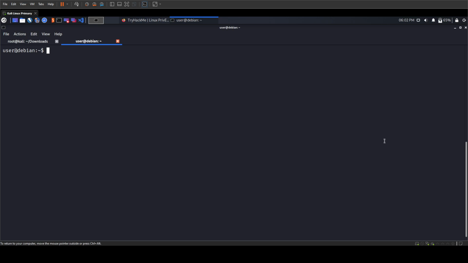Hello everyone, this is Ssh and in this video I am going to demonstrate how you can perform Linux privilege escalation by using stored credentials. So let's get started. For the instance, I'm going to use Linux Privesc Room from TryHackMe, which is made by